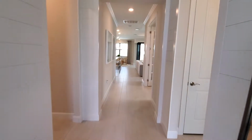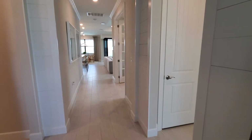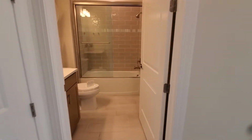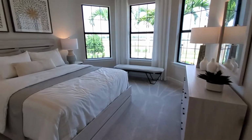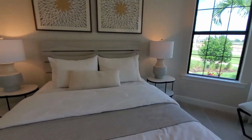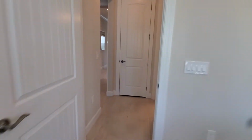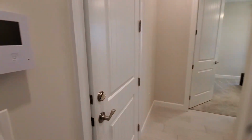So when we come inside the front door, you've got a nice entry space here, and we'll start directly to the right side here. And directly to the right, you've got a guest bathroom here and a really nice size guest bedroom. Now coming out to the main hallway, directly across from this first guest bedroom, you've got your garage entry right